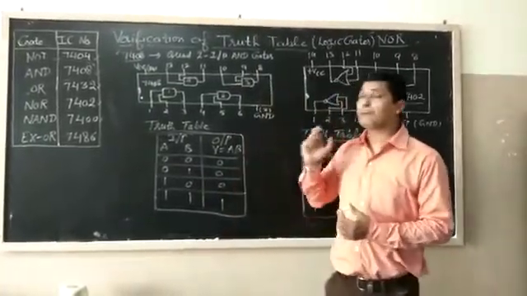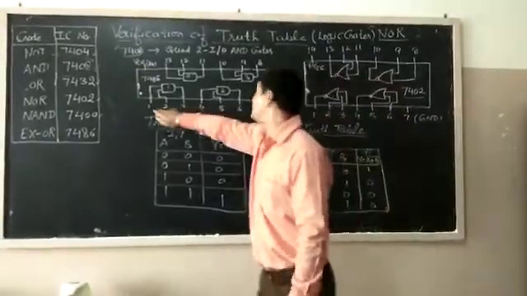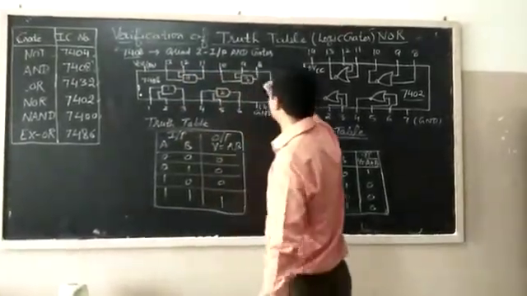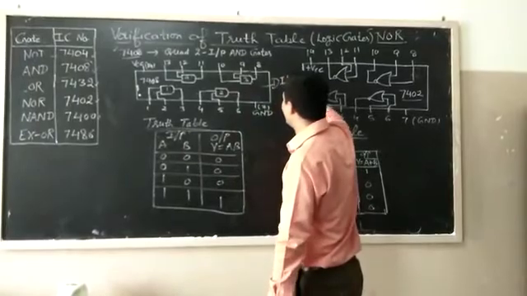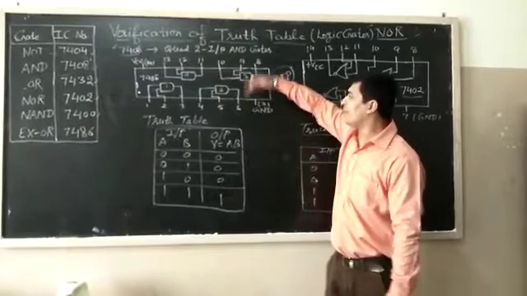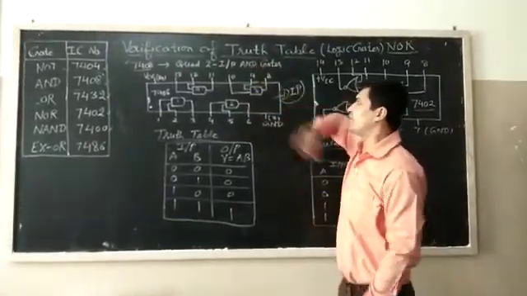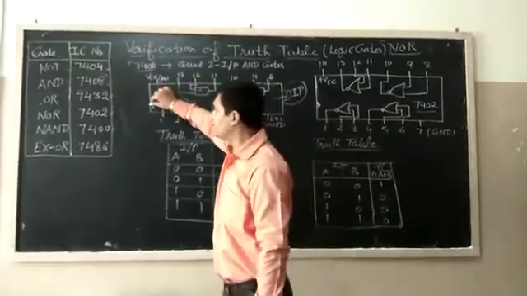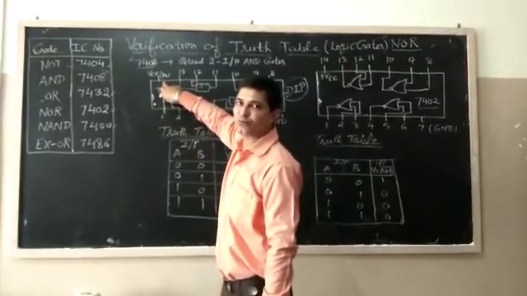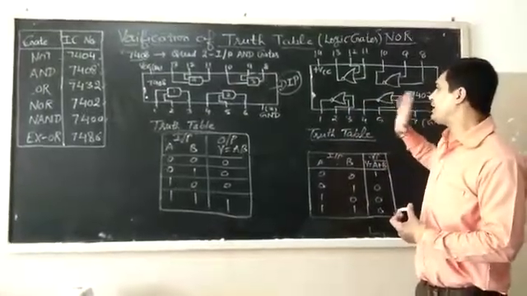So this IC contains 14 pins, which are numbered 1 to 7 towards one side and 8 to 14 towards the other side. This IC is also known as DIP, dual in line package. Dual in line package means pins are equally distributed towards both sides, 7 towards this side, 7 towards this side. There is a notch which indicates pin number 1, and the last one is the maximum pin number, that is 14. So there are 14 pins.